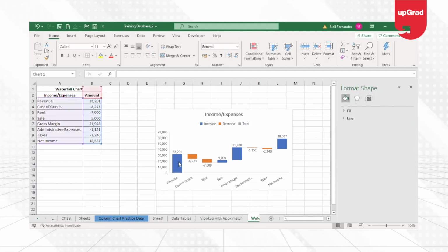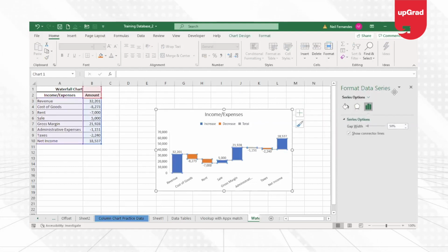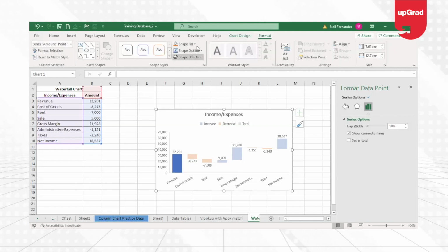Now, moving back, I'm going to show you the data series. I want to change this into a total, or show it in a different color. Ideally, I can manually pick the color by selecting that particular bar, going to the Format option, and selecting the right color under Shape Fill. But this is still not going to make it a total. So what I'm going to do is select the bar which I want to set as a total.